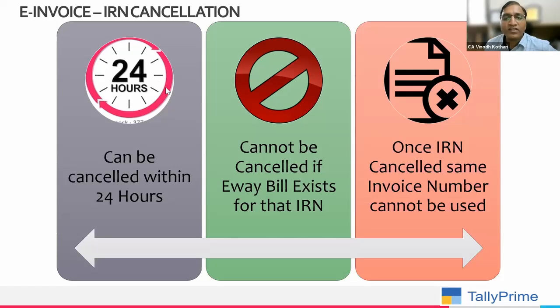Should invoice numbering continue the same or change? See, it is your choice. You can continue the same number. For example, if on 30th September your invoice is 374, you can continue from 375. Or if you want to continue with a new number, then you can even take a new number. Choice is yours.